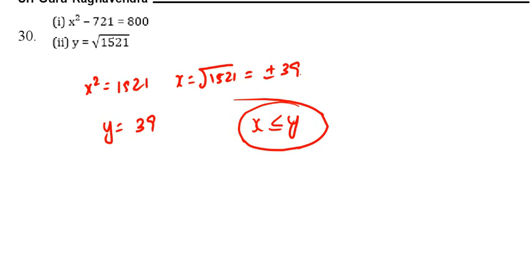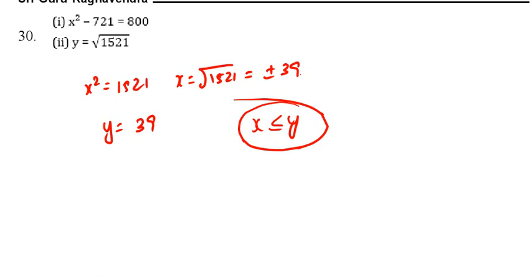3x square minus 35x plus 72 is equal to 0. 4y square minus 50y plus 126 is equal to 0. Now, for the first one, 72 into 3 is 216. I can take minus 27 minus 8. Then our answer will be 27 by 3, 8 by 3. That is 9 and 2.6. Now come to here. 126 into 4. That we can take 36 and 14. Then our answer will be 36 by 4, 14 by 4. That is 9 and 3.5.